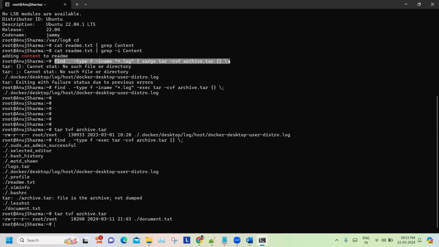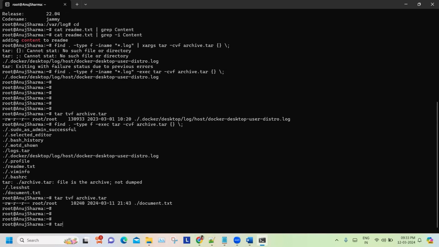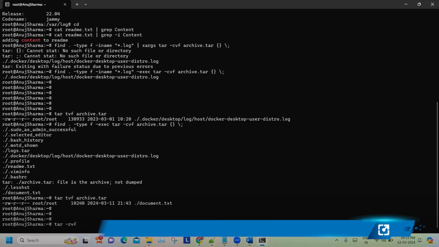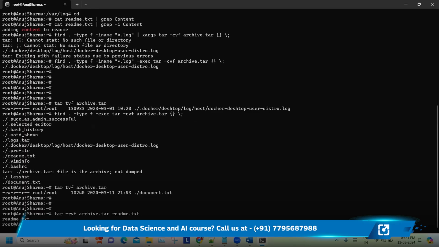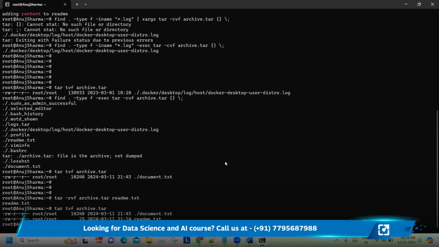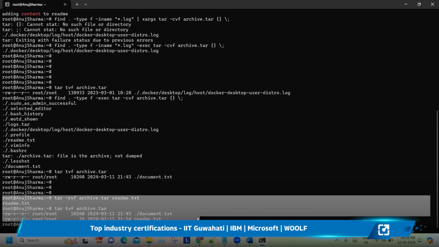For example, I have a tar file here. If I wanted to, let's say, add maybe readme, oh sorry,